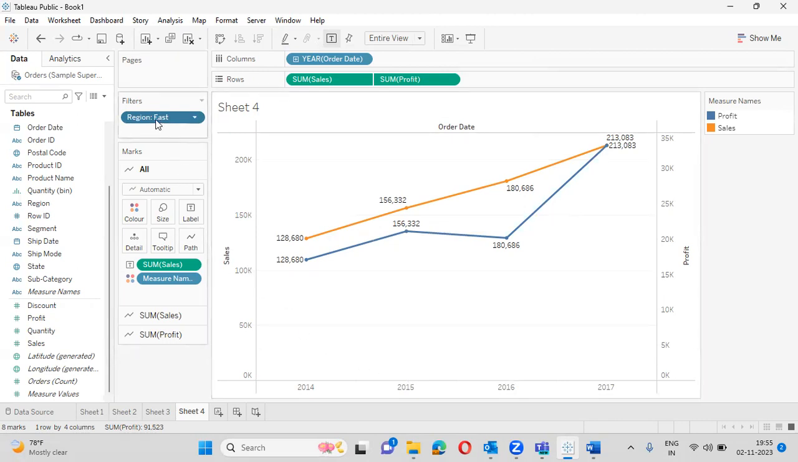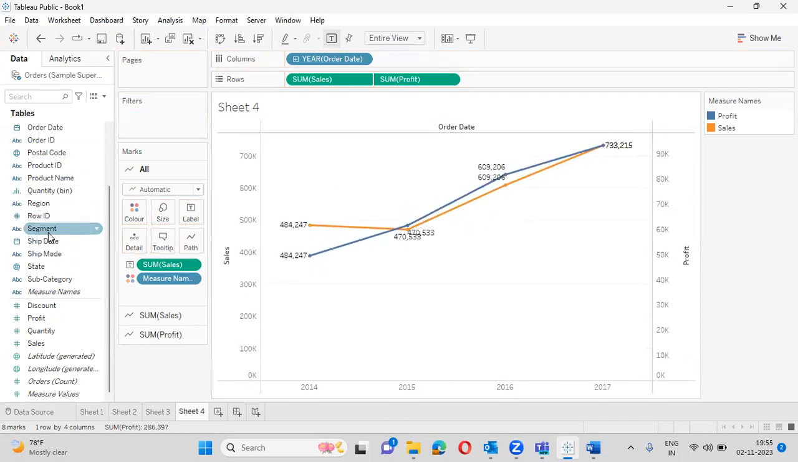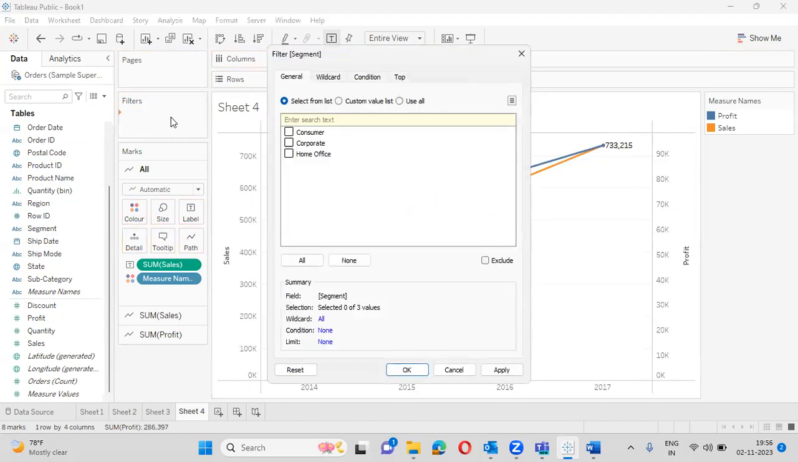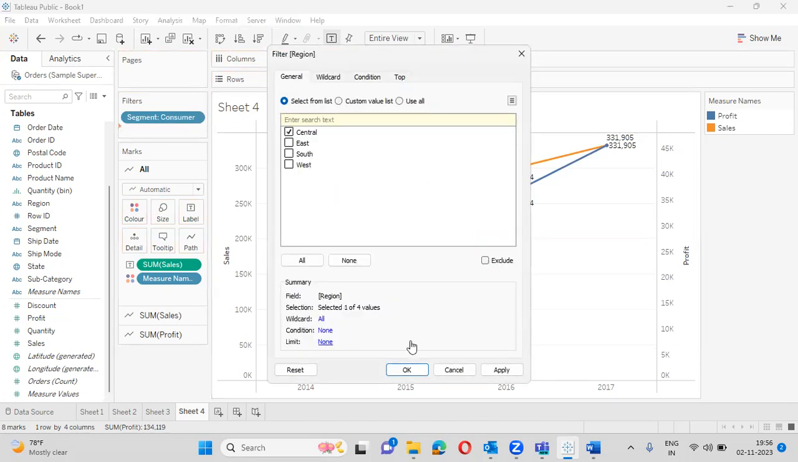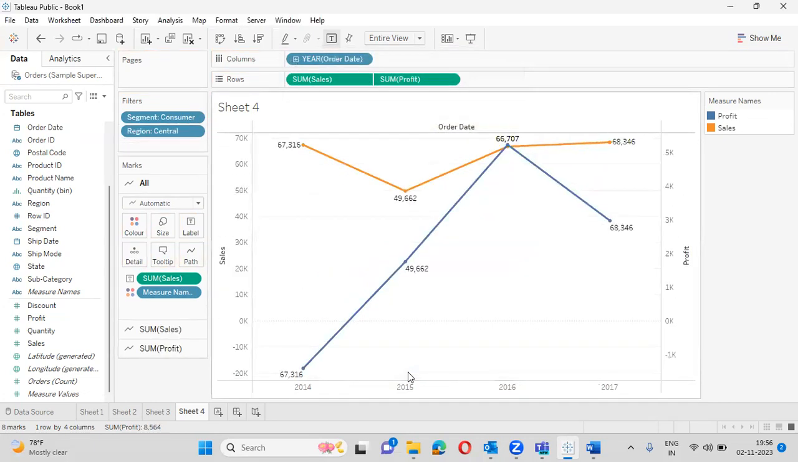Like the way you got the relationship of region, you can go to segment, select segment here, choose any segment. Suppose I have chosen consumer segment. So this is a sales profit relationship for the consumer segment. Like this, here I have chosen one segment, consumer segment and east region. So I go and choose region, central region. So for consumer segment, central region, this is the relationship